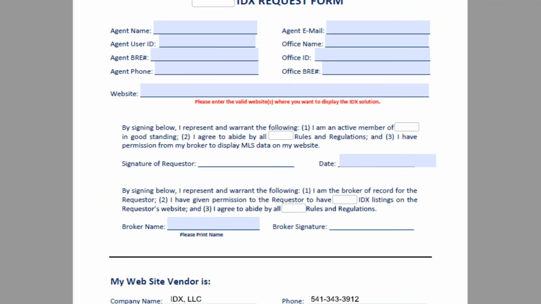It's going to be just your general agent information: agent email, user ID, BRE, phone numbers, and then the website that it's going to be displayed on, not your staging domain. Then your signature, and sometimes MLSs do require broker name and signature. This particular one does, so you would have them sign it and send that back over